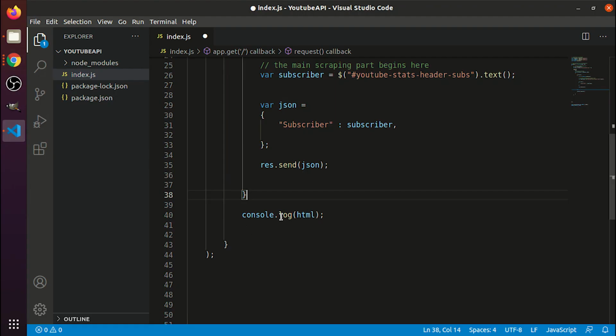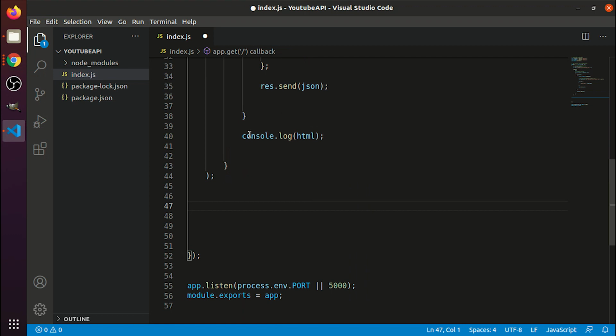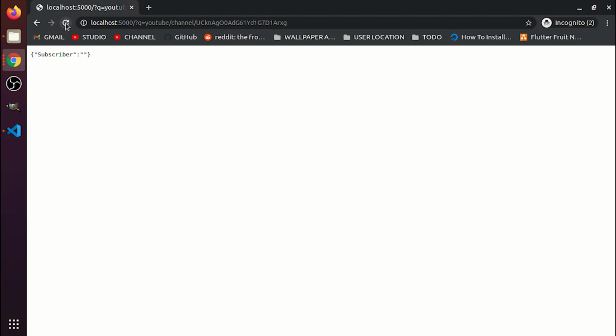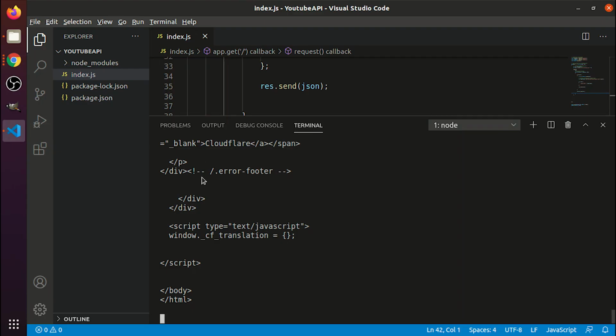Didn't get anything. Let me see what HTML we are getting while making the request. I'll again run node index.js and reload this application. Here you can see nothing happened, but if I go to my console, that's the terminal,